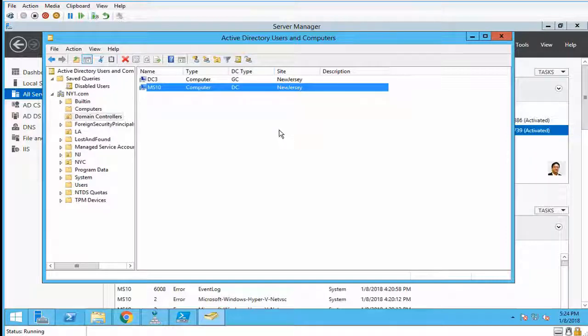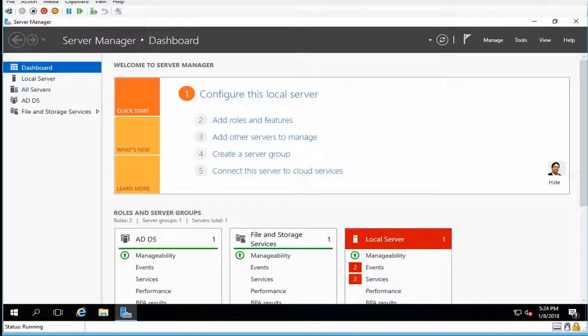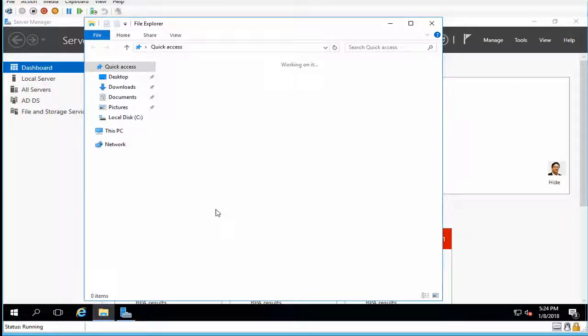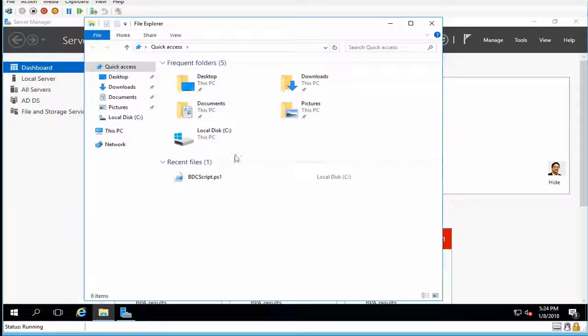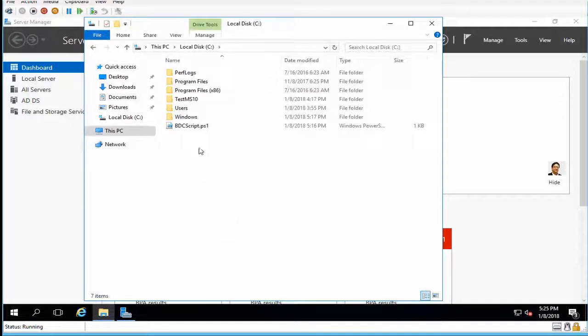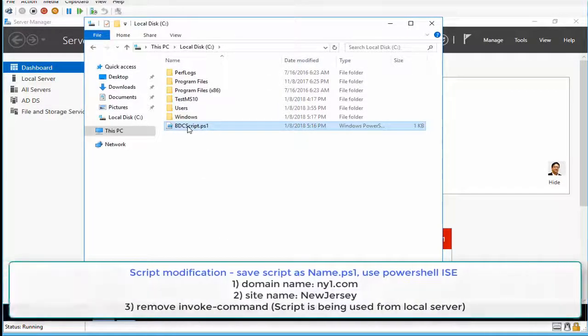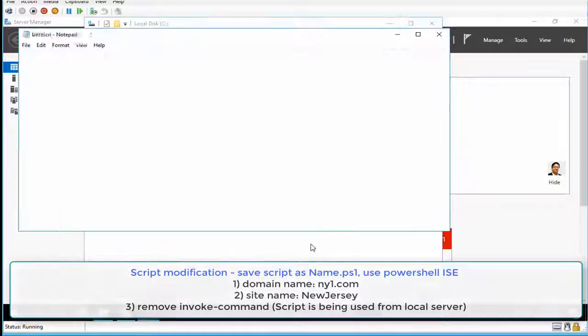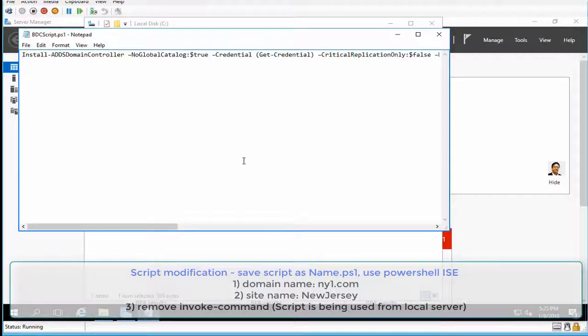So this was a very simple and very brief process which I went through, and whatever you want to add in this domain will automatically replicate to the other end, to my MS10 domain controller. So here you can take a look under MS10. You have that script. I saved this BDC script. Now you have time to look at the script,